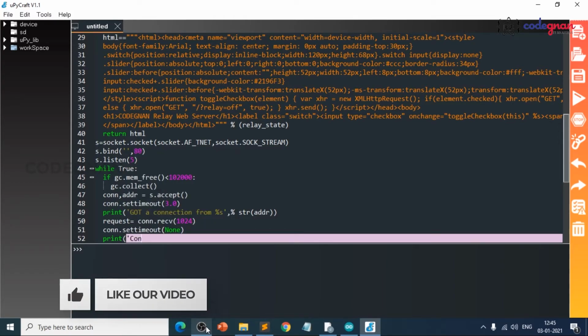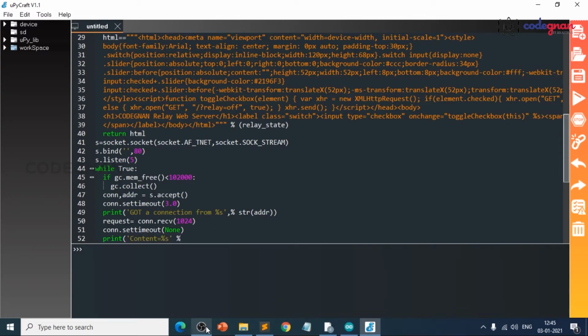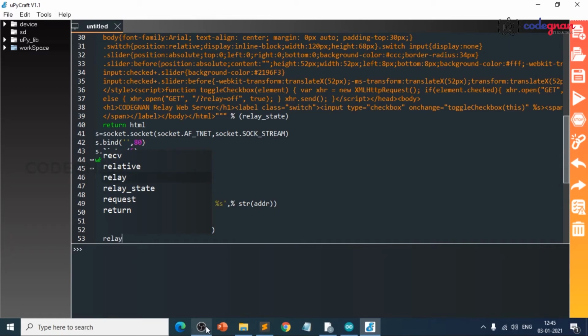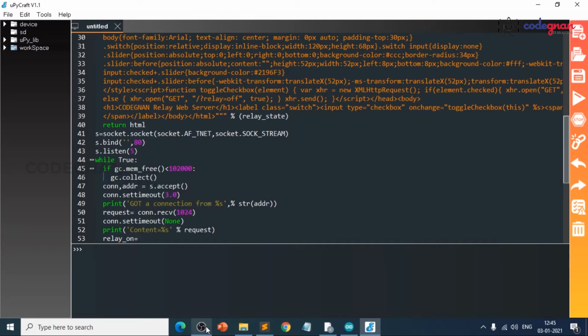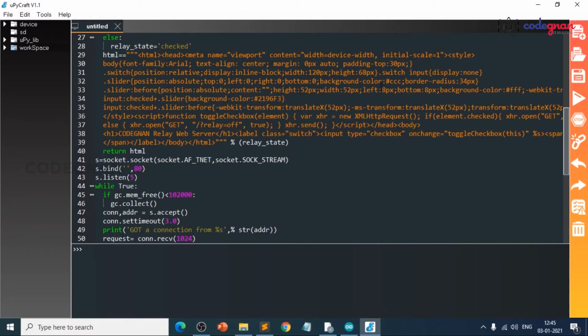So content equals to, that is s percentage request, and relay underscore on equals to request dot find of whether this request or this will show the request here.